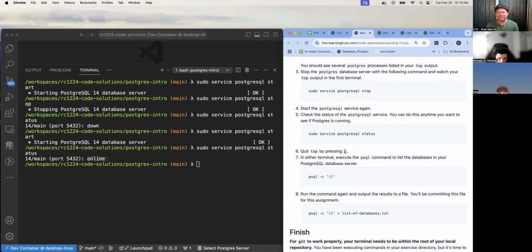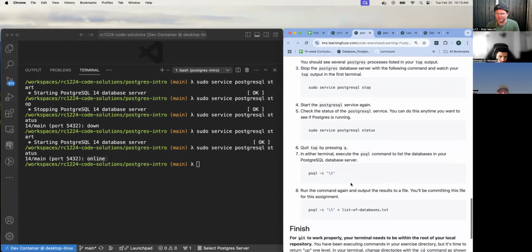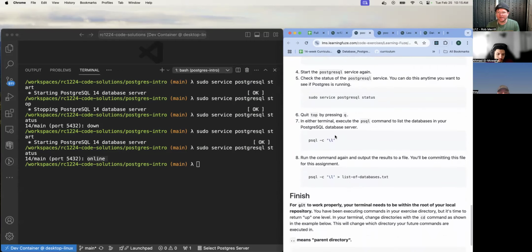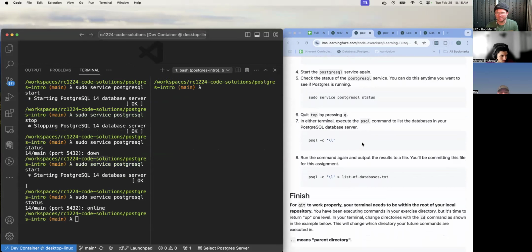You can quit top by pressing Q if you haven't already done that. I just closed that terminal. So you could have taken either approach. So now in either terminal, let me just open that up just because that language keeps on coming up. In either terminal, we can execute the PSQL command to list the databases in your Postgres database server. So this is going to give us a list of